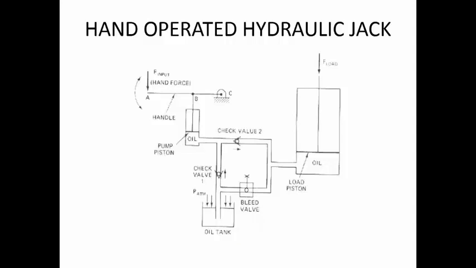Now when you are lifting this particular hand lever upwards, then you are having a low pressure over here. So whatever the low pressure is here, that will cause the atmospheric pressure to push the oil into it. The check valve will open, the oil will continue to flow and it is entering into this particular piston. As you are moving your lever upwards, the oil is continuously filling into it.